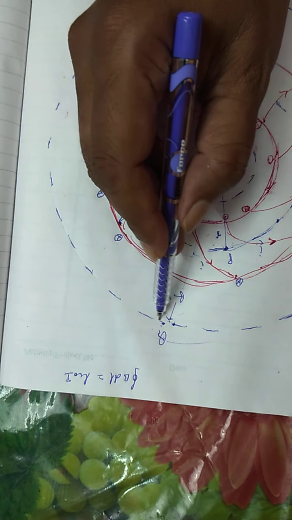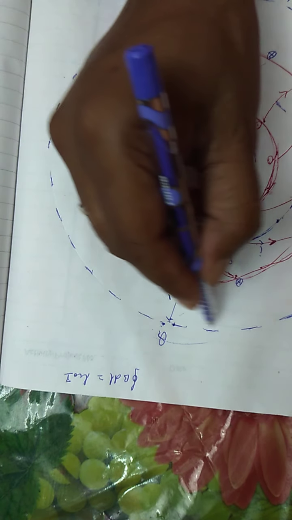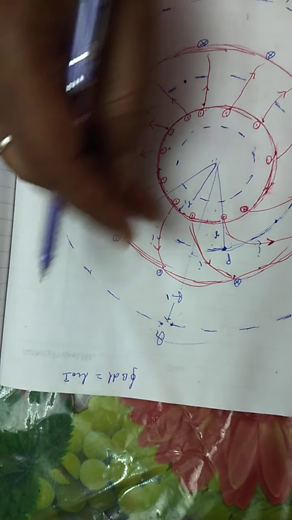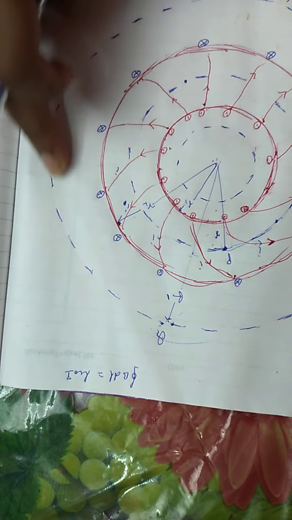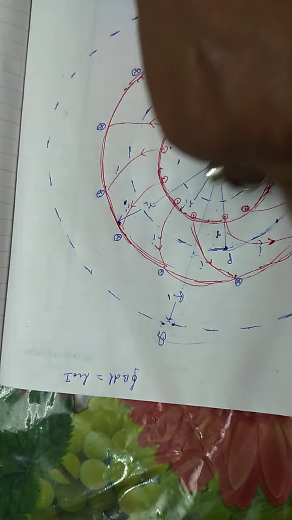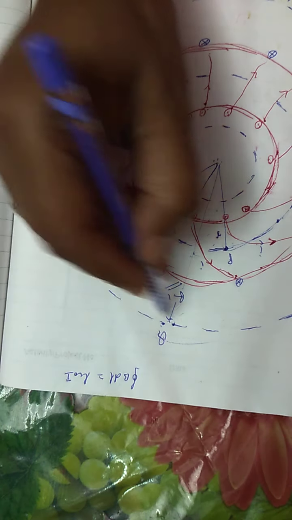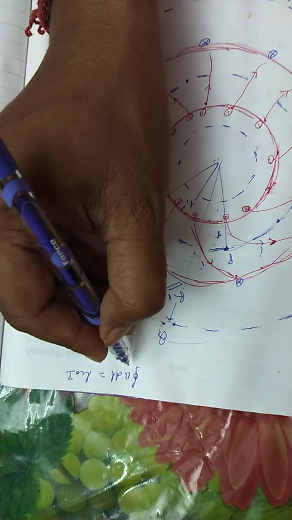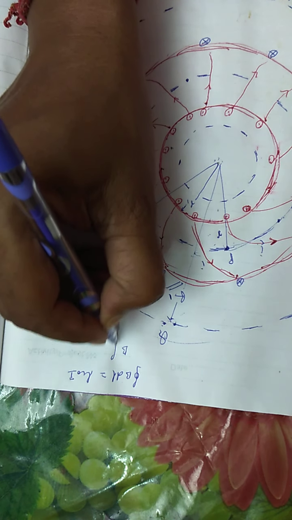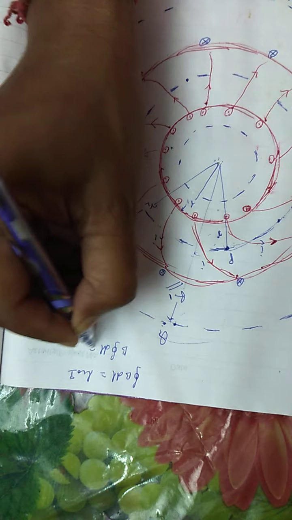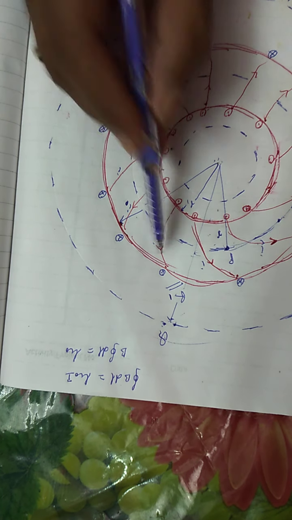Since every point on this periphery is at a fixed distance from this toroid, B is fixed on this periphery of this circle having radius R1. Clear? So B is fixed. If B is constant, we can bring it out of the integration sign. So B is out of the integration sign. Loop integral of dL is equal to mu naught into total current, and total current you can see here.